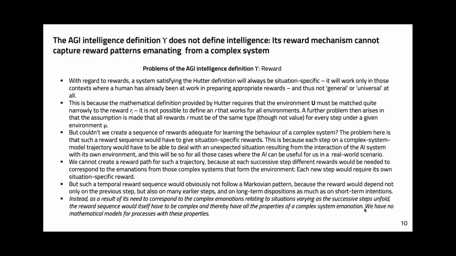And we have no mathematical models to create such sequences because we have no mathematical models for complex system emanations. And so we couldn't create the reward sequence that would be needed for the intelligent system to cope with the complex system situation. And that's a problem, I think, a very important problem to see this, that the reward approach, while reward is mathematically attractive because it allows to state the intelligence problem like an optimization problem for optimization theory,